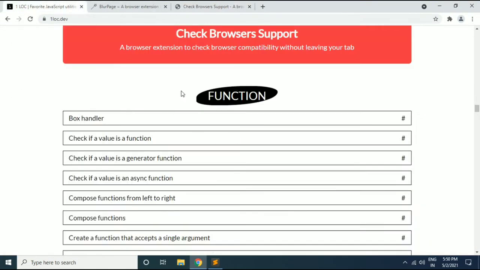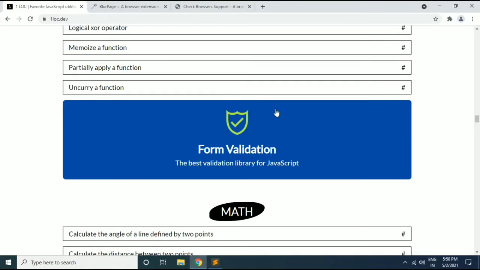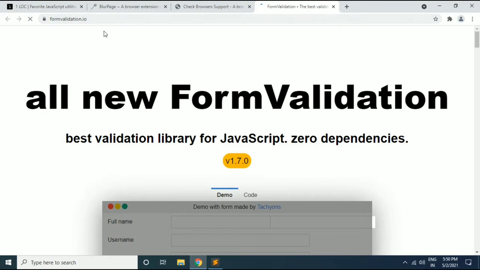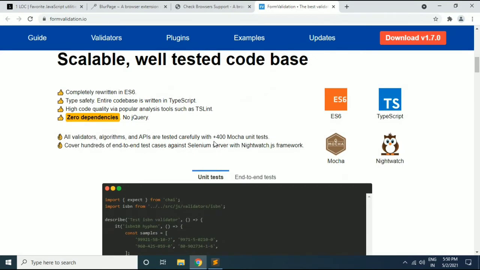Next, it consists of different functions, so you can use these functions within your program. Then it also provides you the form validator. If you are developing any web application, the forms must be validated first before accepting and processing the submitted data. For form validation, you can use this formvalidation.io plugin. This plugin has different features which will help you validate your form before it is processed